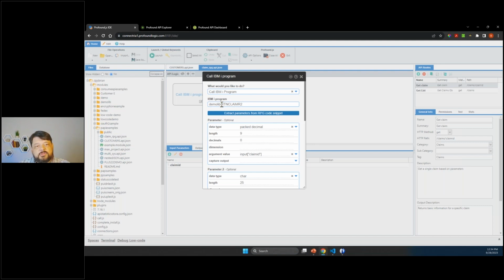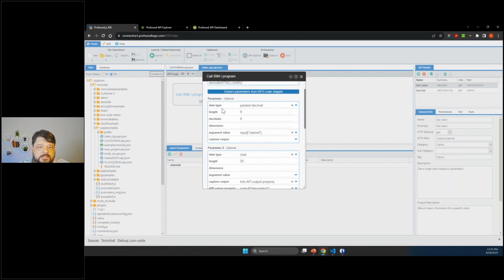You do not have to hard code your libraries. However, I demo on a somewhat development-based system, so I hard code that just so that things don't go awry in the middle of a demo, because someone else is on the box playing with library lists, etc., and unexpectedly cause problems. So we have that, and then we basically have our parameter definition.